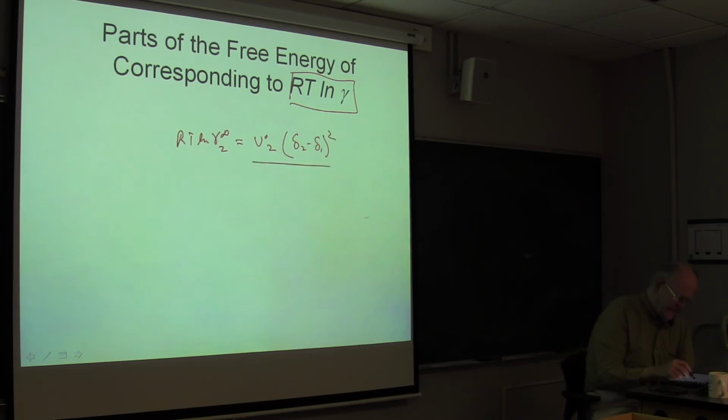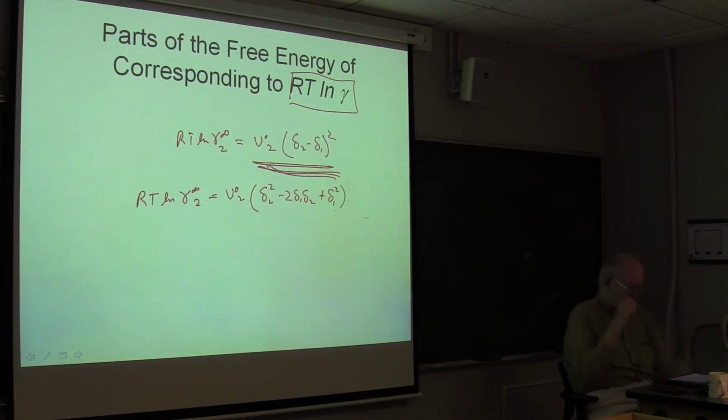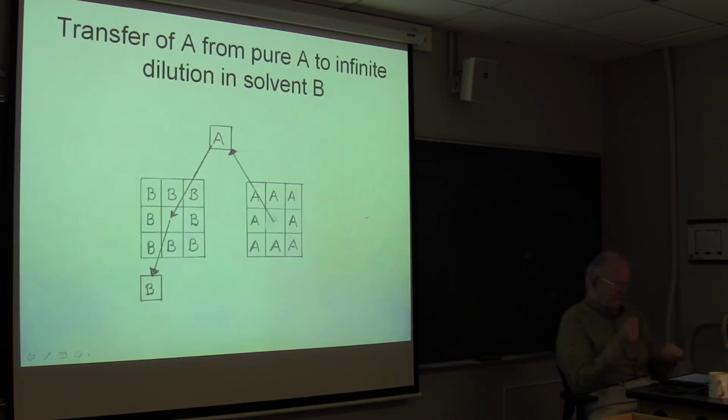There's really 3 terms on the right-hand side here. If we work out that square, each of these terms has a physical meaning. Okay, so when we're talking about the activity coefficient of compound A at infinite dilution in solvent B,